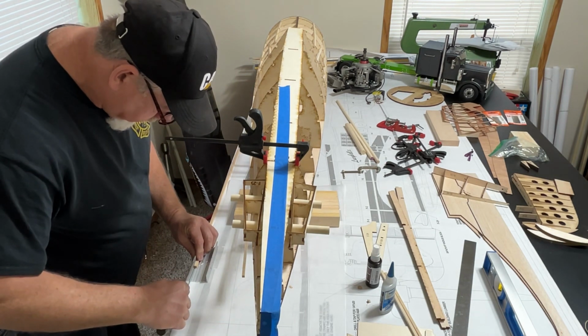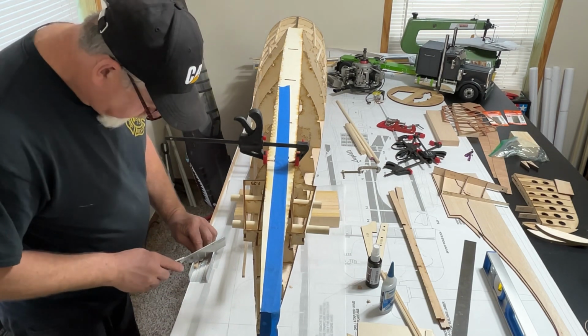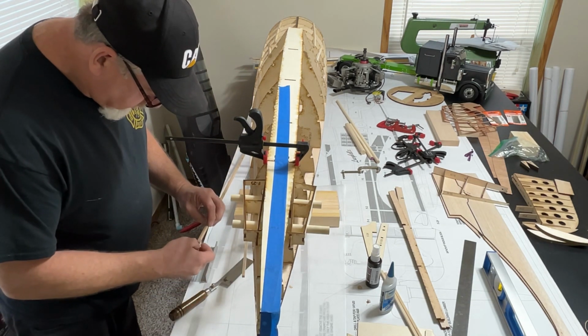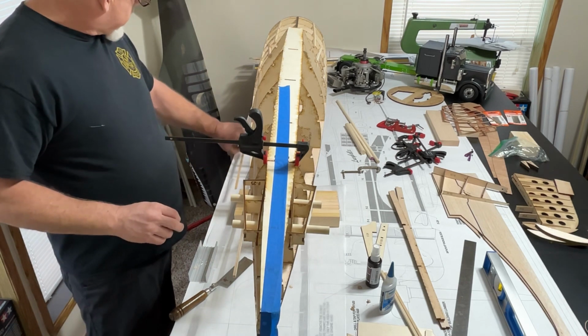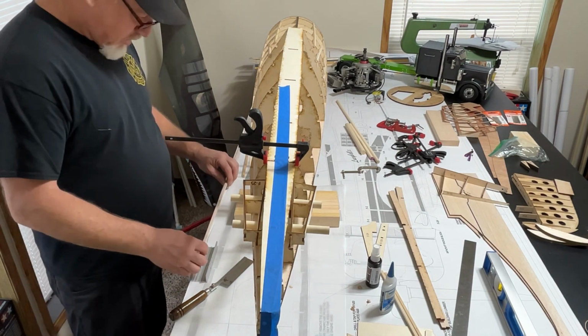So that's the whole reason I got it, is so I can put that in. But I also got to have the rudder wire and controls, and I ordered that a few days ago because